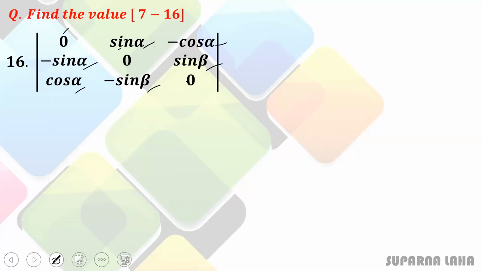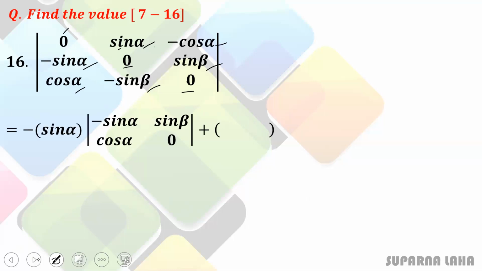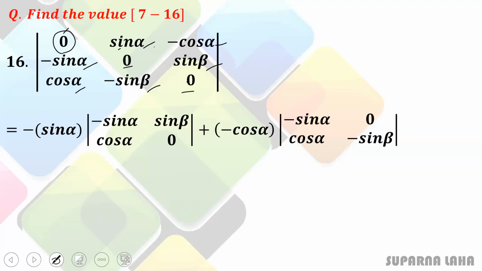So break this determinant with the help of any row or any column, since in every row and every column we find a 0 element. So let's break it. First, if I take this value, we don't need to write this determinant, since 0 into any determinant will be 0. So I'm not writing the first term. I'm starting with this term, first row and the second column.